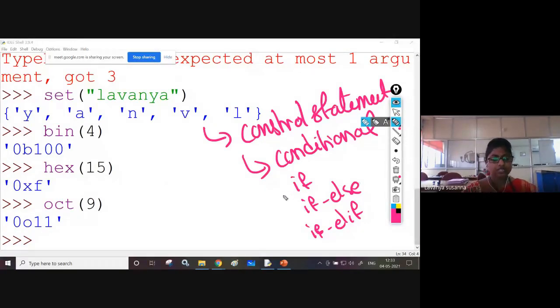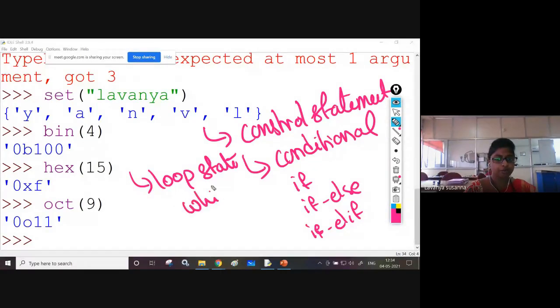Yes, these are the conditional statements we have completed. If, else, and elif completed. There is no switch statement in Python. Okay, remember that. Next, loop statements. We have completed loop statements. What are the loop statements? While loop, for loop. We have seen all these syntaxes and some of the programs related to them, right?